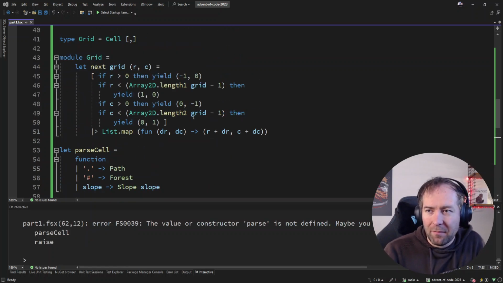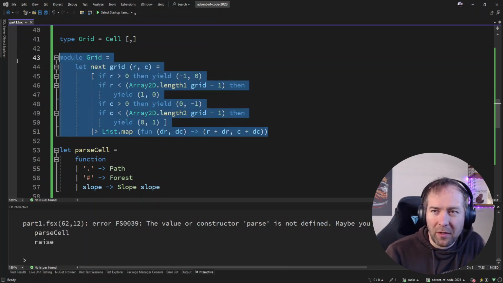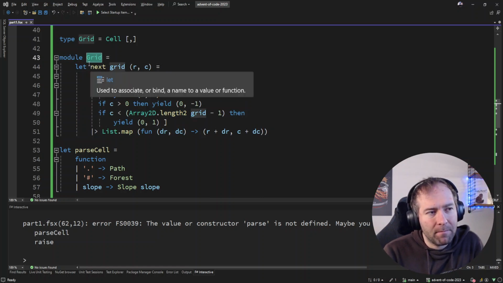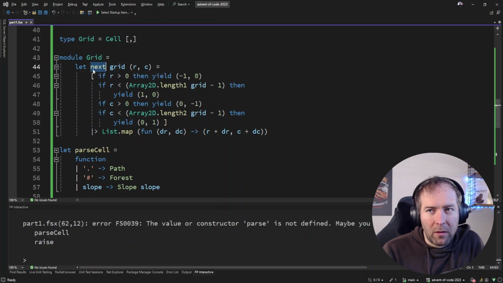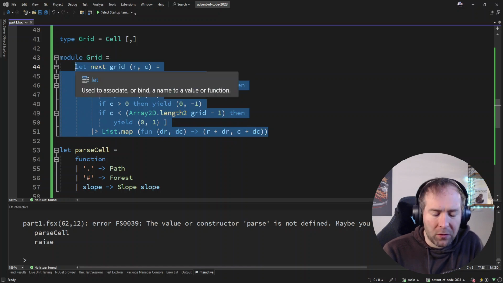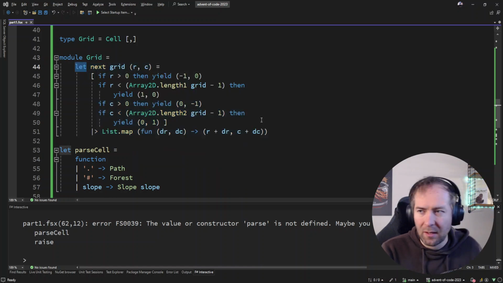Anywho, we can figure out next, or at least figure out the 4 different neighbor locations. That's not really interesting. I want to make it a bit more interesting, as in also include the slope logic here. So if we're on a slope, we only have 1 next neighbor. So I'm gonna